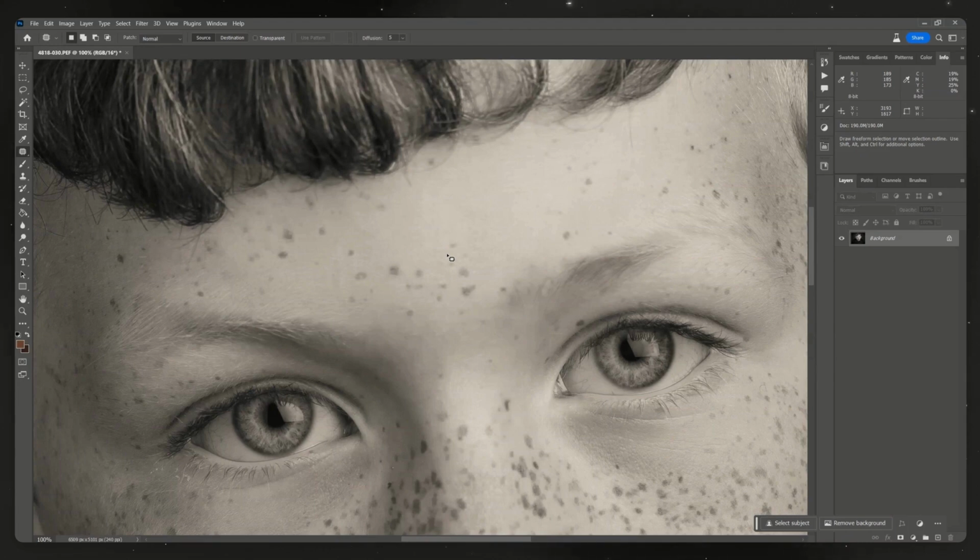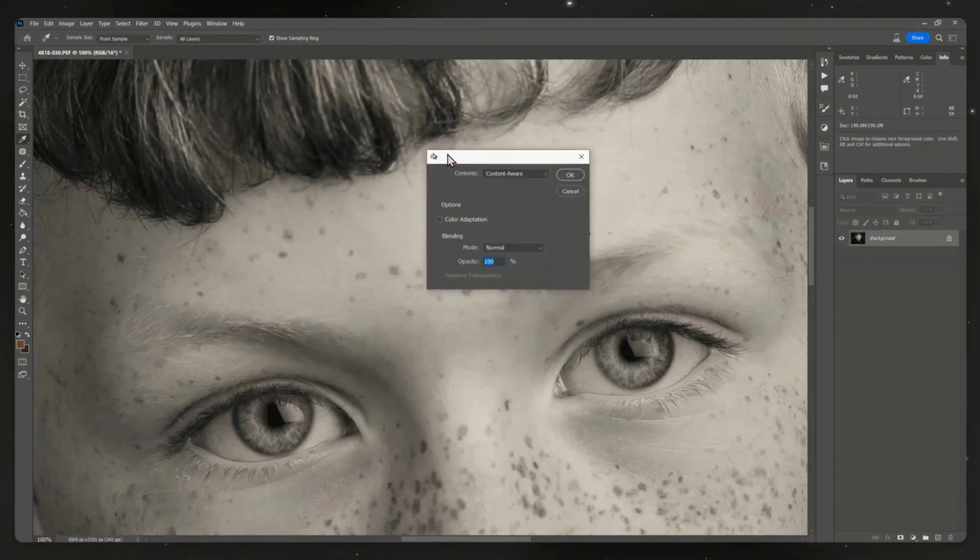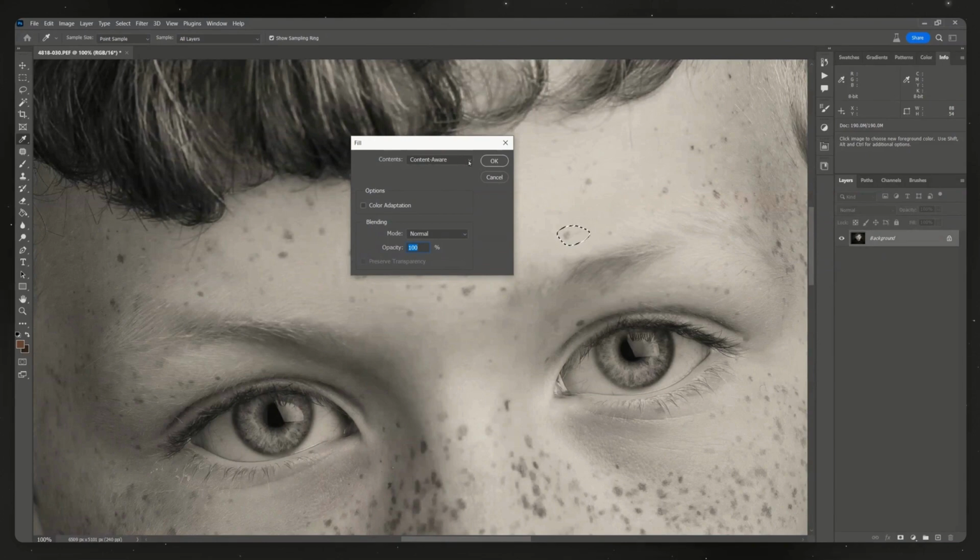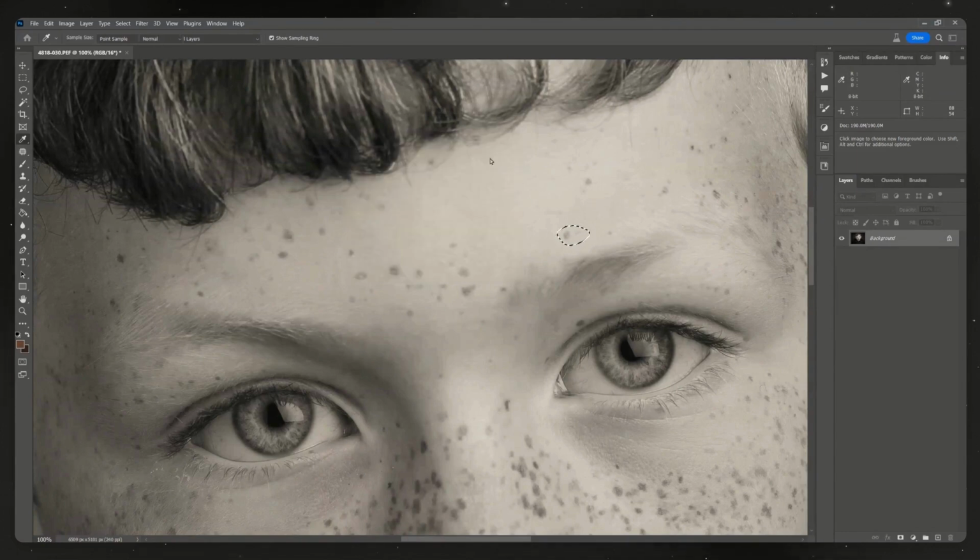So content aware comes in. What we do is we select the area we want to remove or move or whatever. And we're going to hit the delete button on our keyboard. By hitting delete, it will come up with the fill option. Now you can see I've already got content aware selected, but you've probably got one that says foreground color or whatever. Hit the drop down menu, go to content aware, and we're going to click OK. Once you've done that once, it should be really easy because after that, you just do your selection, hit delete,